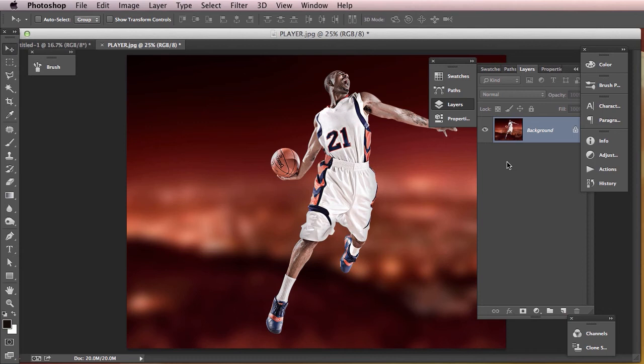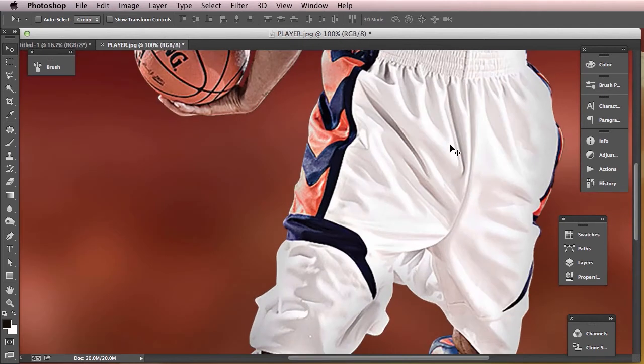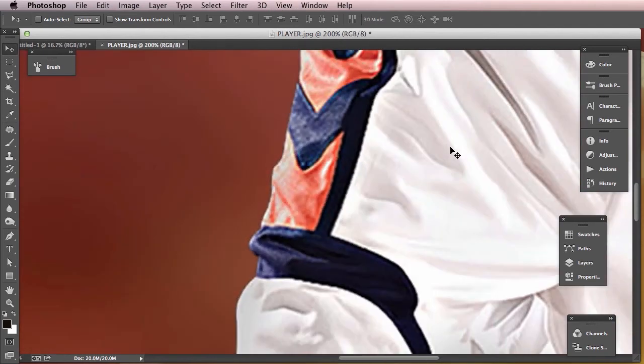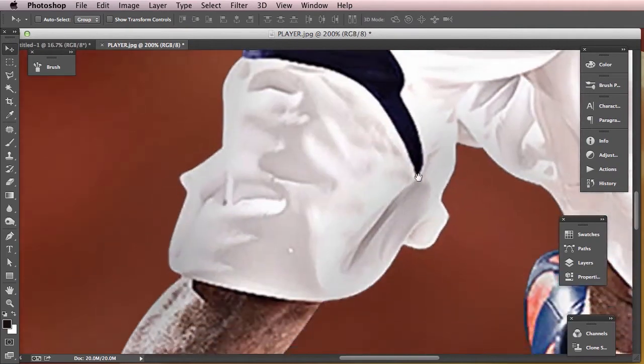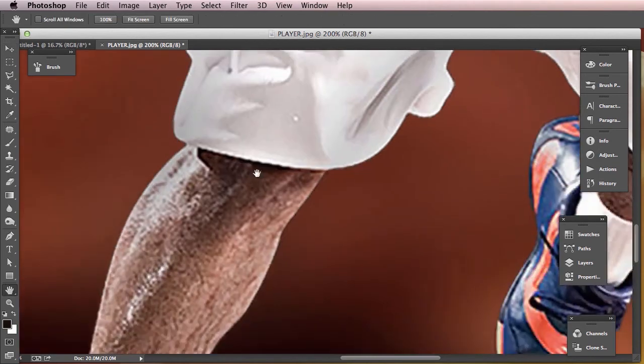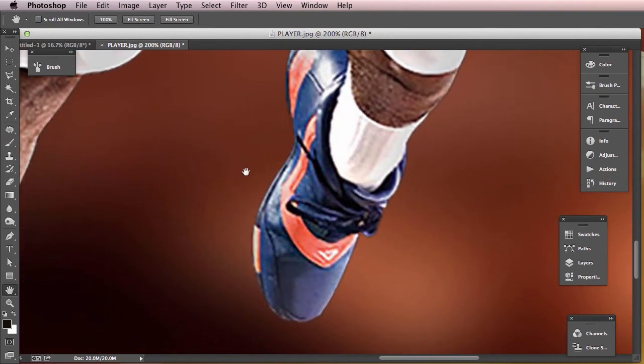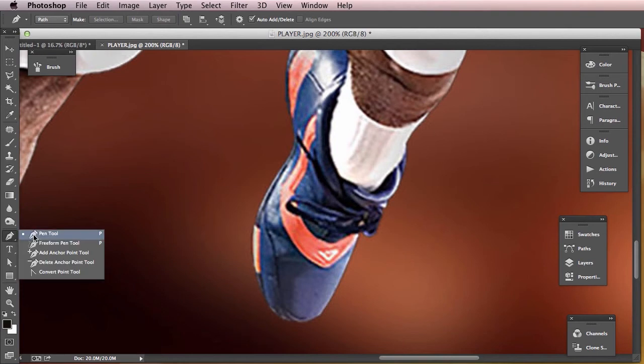Using the pen tool. So what I'm going to do is zoom into the image. Let's zoom right in there, so we've got some nice clarity. I'm going to hold down the space bar to navigate, or you can alternatively use the hand tool on the left hand side here. I'm going to start here at his feet, and I'm going to press P for pen, or here it is on the menu, the pen tool on the left,